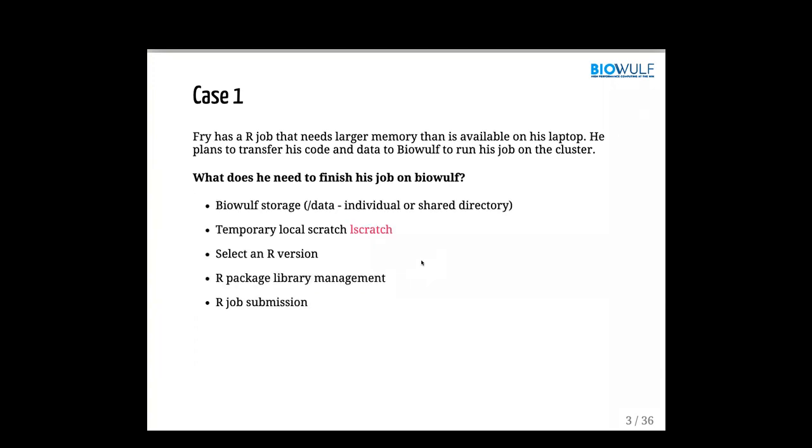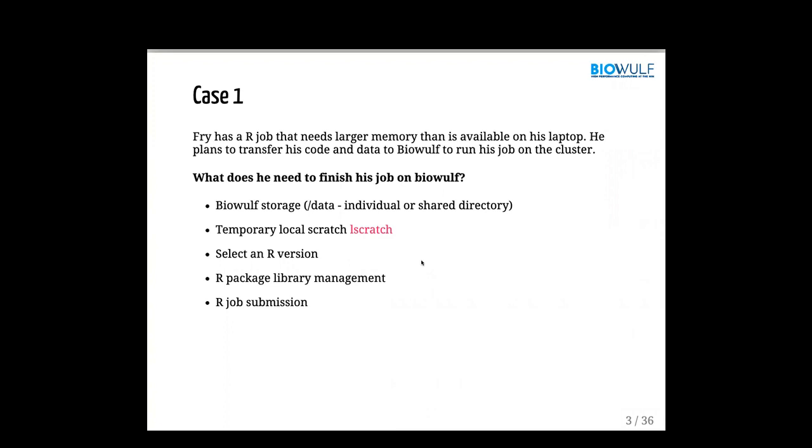Right. Let us make a summary. As some of you already mentioned, one thing Fry needs to pay attention to is whether he has enough storage in the data directory. It could be his personal data directory, or a shared directory for you and your lab members. The second thing is to allocate a local scratch on the node.